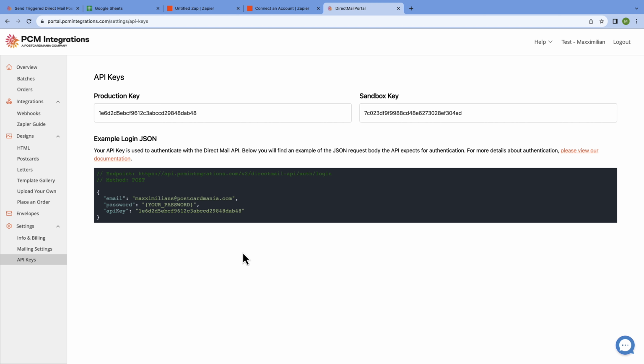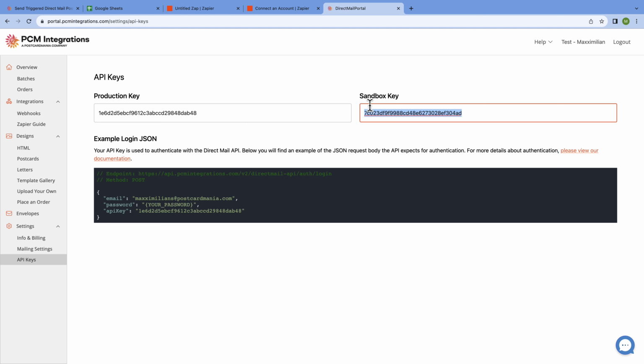Now, the API key is what provides external authorization to any program or service, in this case Zapier, to log in and access the direct mail API. There are two kinds, as you can see. The production key, which is the live API key. So if you're testing with the production key, that test will result in an actual sent postcard. And then the sandbox key, which allows you to test without actually sending any postcard at the other end. You'll just receive an order number and a batch ID, but we won't fulfill it and ship it to the address. All right, so let's copy the sandbox key